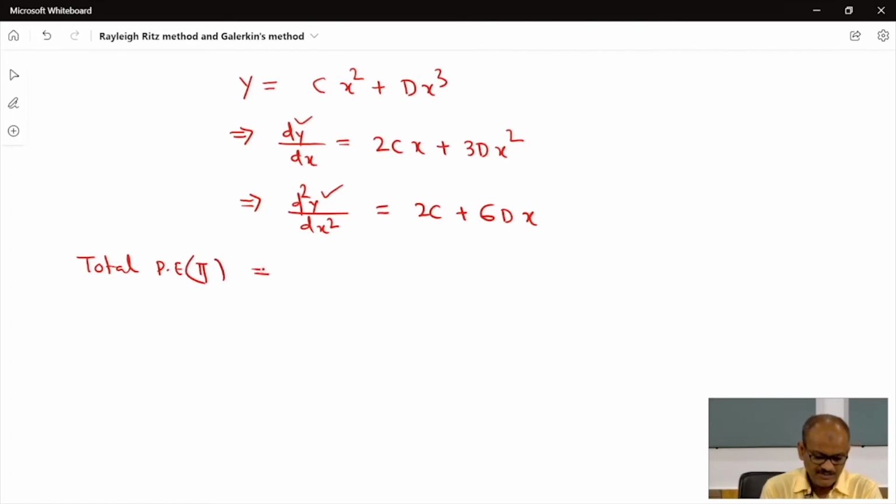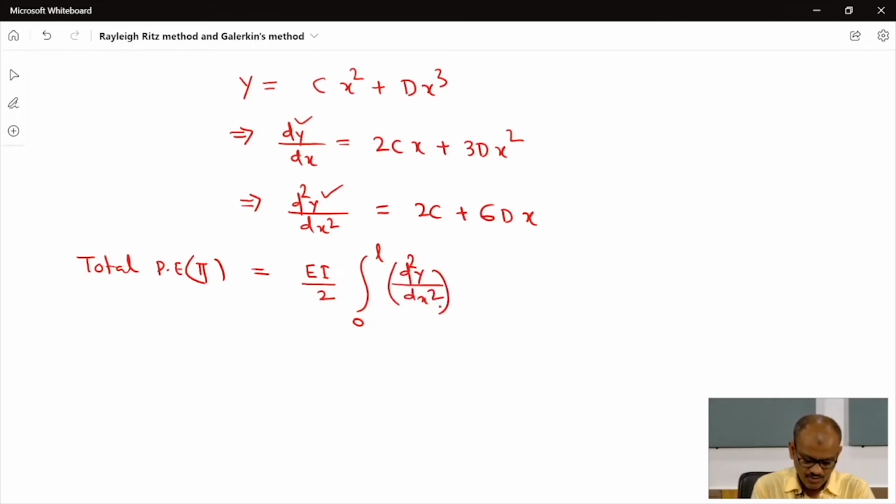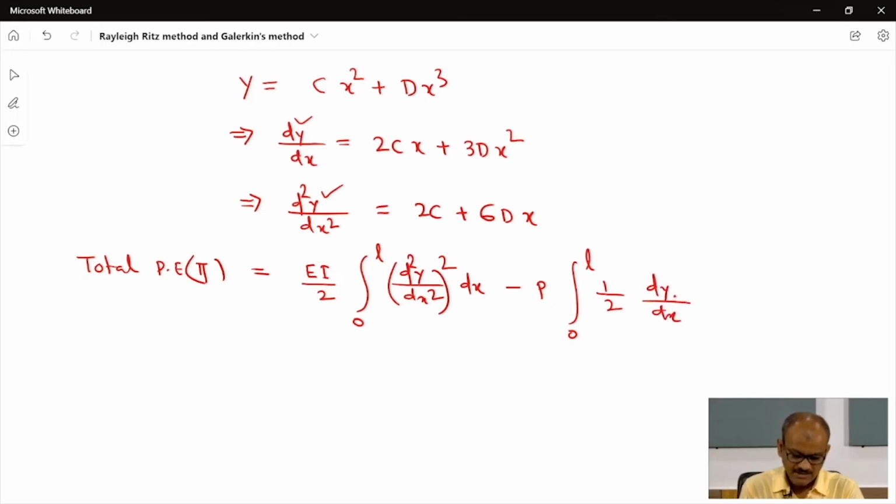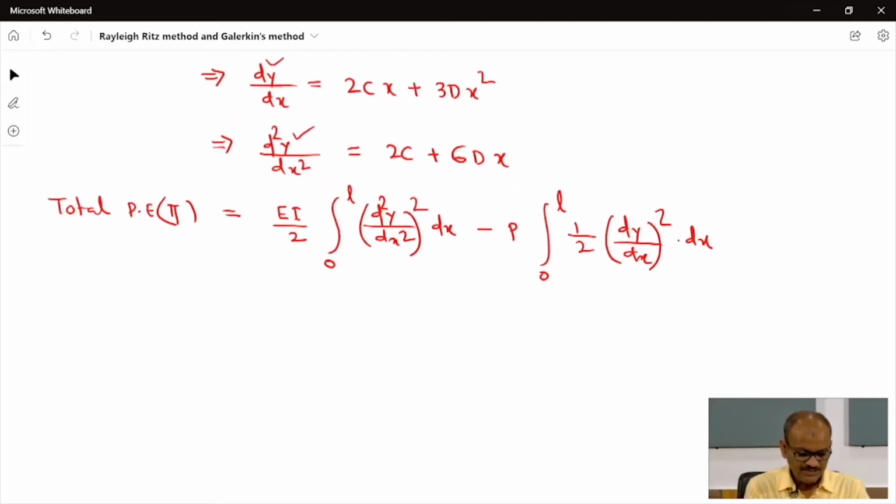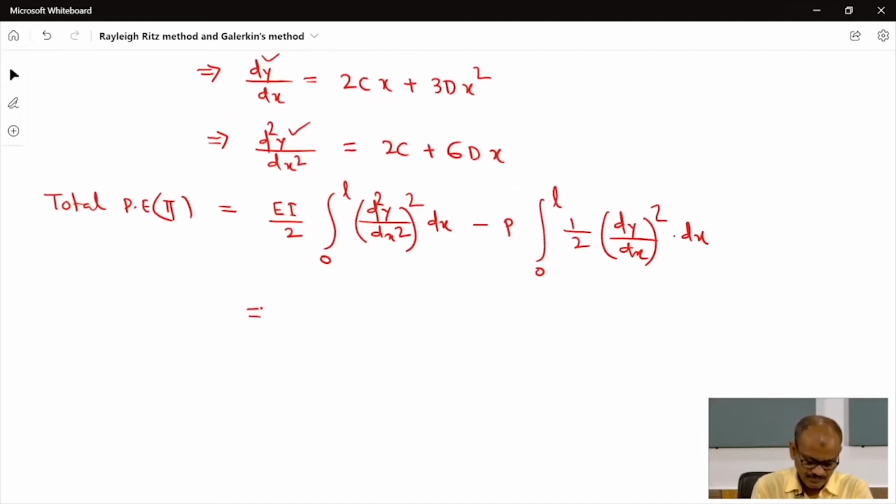The expression once again I am writing here: EI by 2 integrating 0 to L (d square y by dx square) whole square into dx, minus P into integral 0 to L half into (dy by dx) whole square into dx. If you substitute this thing here, EI by 2